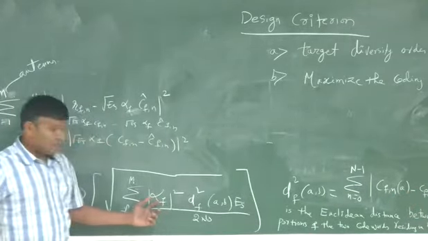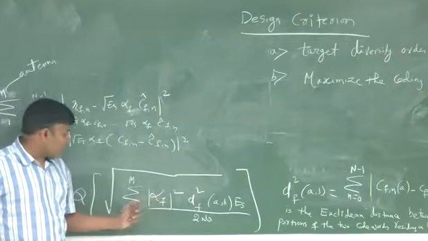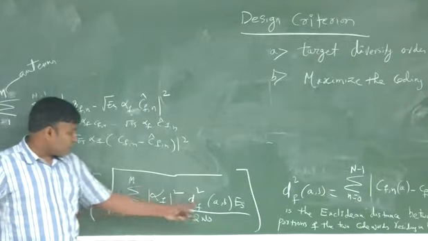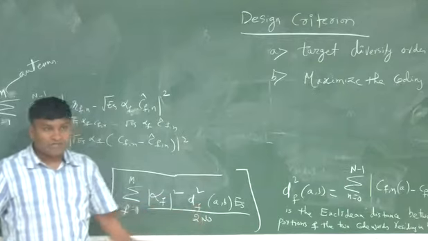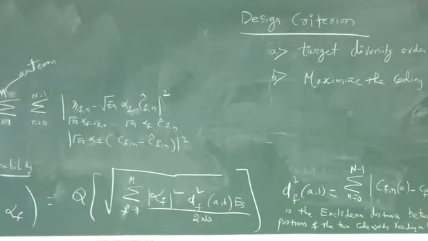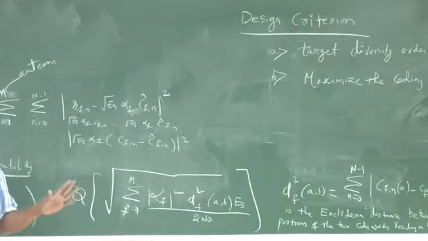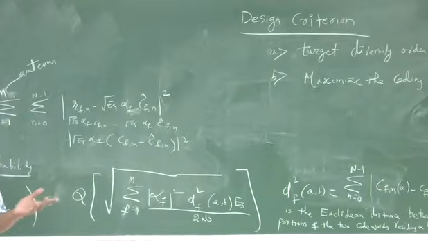But if that is not obeyed, then you get a diversity order less than m, because some of these elements will be 0. Okay, that's the first one. That's kind of obvious, right, from here. At least one in a coding block with fading state f, that summation should be non-zero in at least one position. One position. Okay? That makes sense.